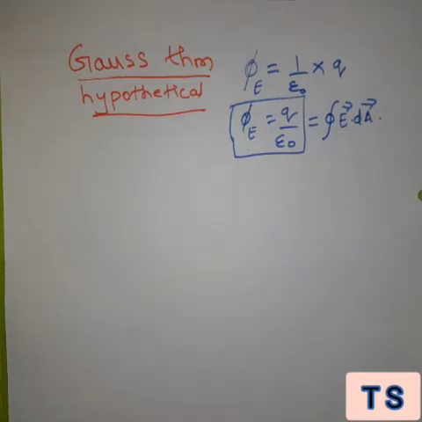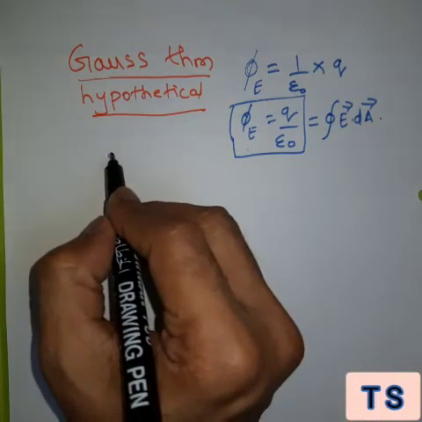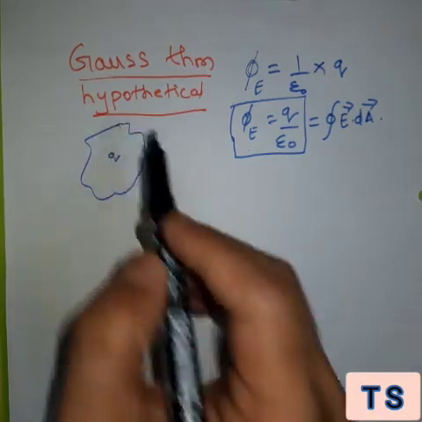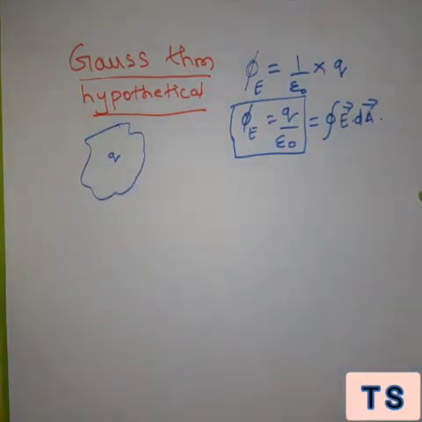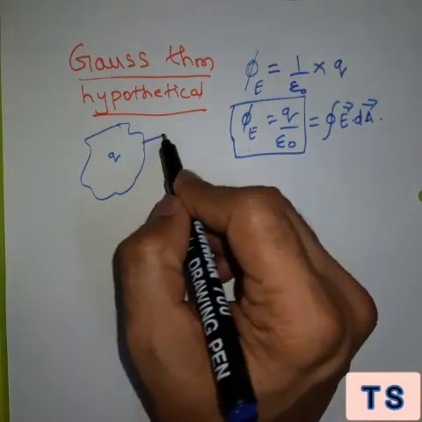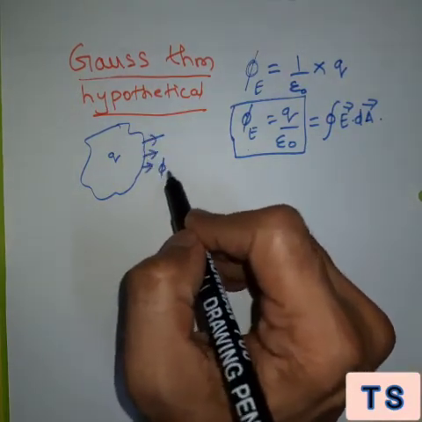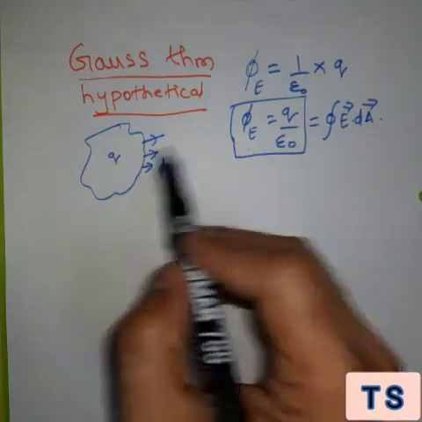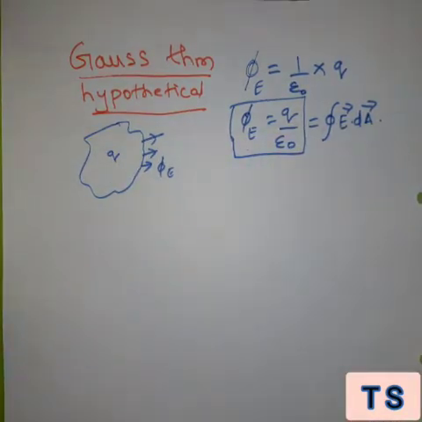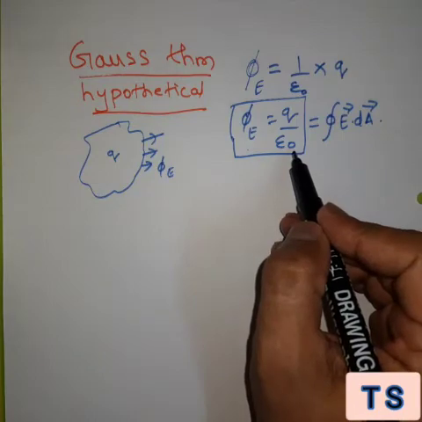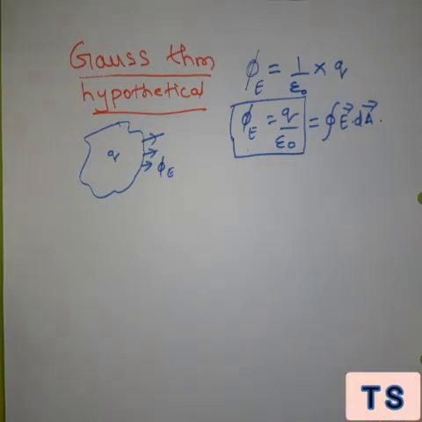So what it says is, if I take any charge and I close that particular charge, let's say that I have a charge over here, and I close this particular charge in a three-dimensional figure, then whatever is the electric flux given out of this, that is phi E, is always equal to the charge, that is Q, upon the permittivity. This is epsilon naught, so we are talking with respect to the air or the vacuum.